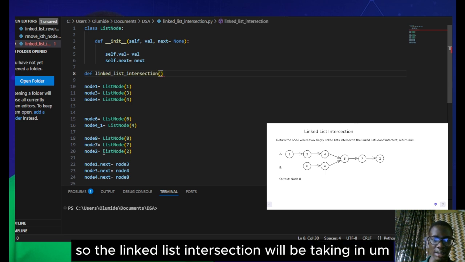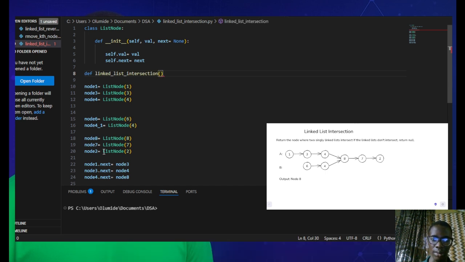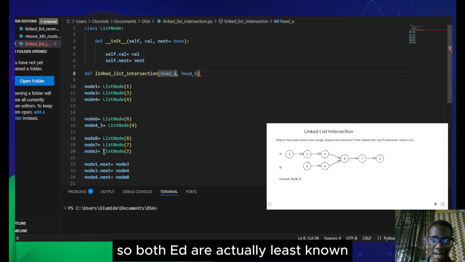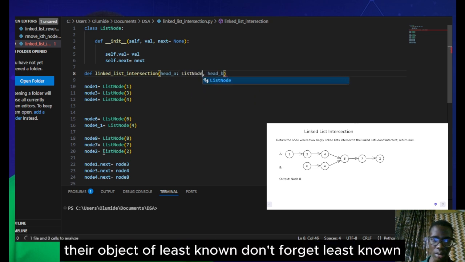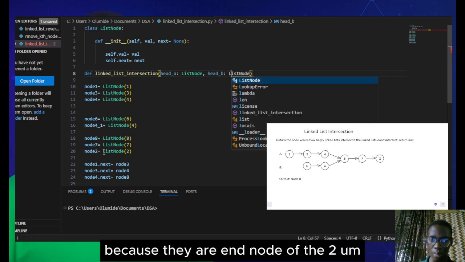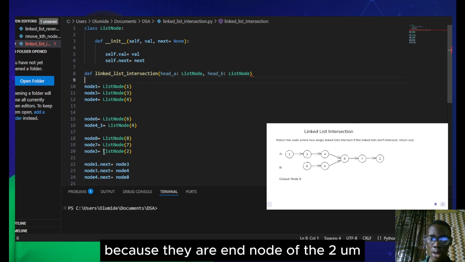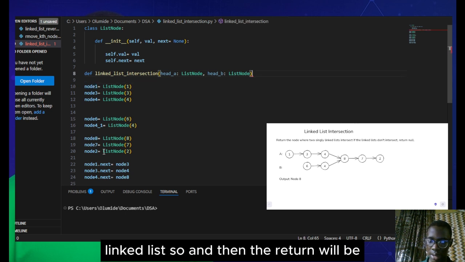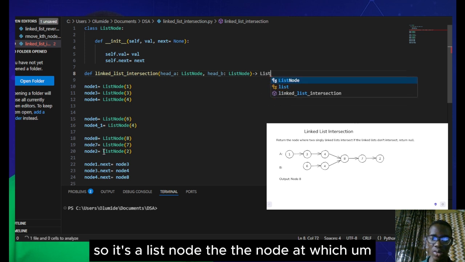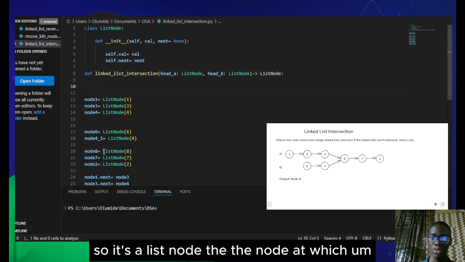So the linked list intersection will be taking in the first head, let's call it head A, and the second head B. Both heads are actually list node objects, don't forget, because they are the head nodes of the two linked lists. And then we have to return a node as well. So it's a list node, the node at which